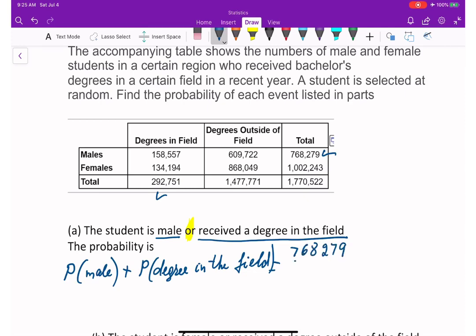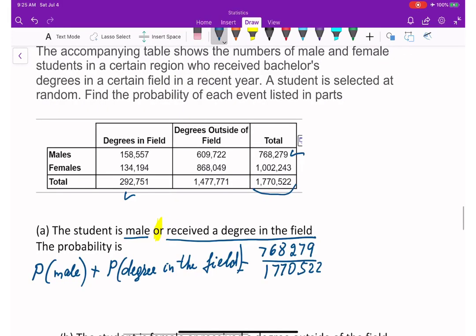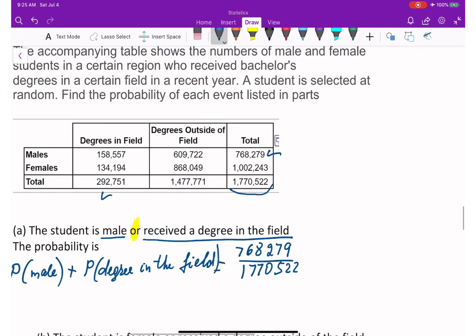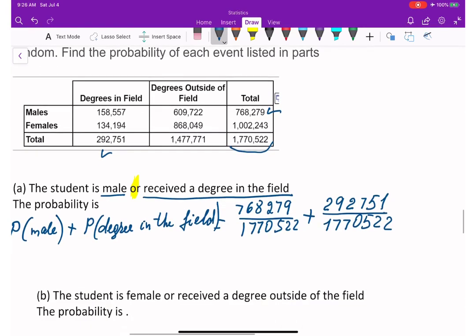768,279 over how much is total? Here it is, 1770522. I don't even want to read it, 1 million and so forth. So plus, it's going to be degrees in the field total 292,751 over 1770522. And the answer is going to be